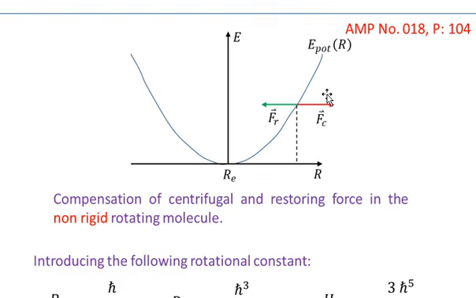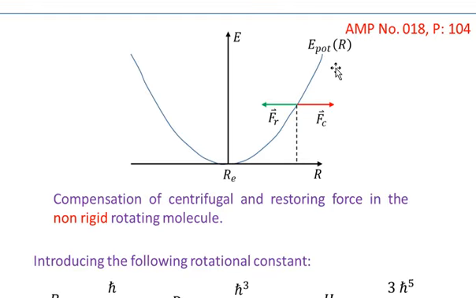Now you see that this is the diagram which shows you the compensation of the centrifugal and the restoring force in the non-rigid rotating molecule. So you see that this is a non-rigid rotating molecule. The potential curve for this one, in the approximation that we are considering a small region about the value of Re, is a parabola. So E potential of R is representing the shape of a parabola in the small region around the value of Re,